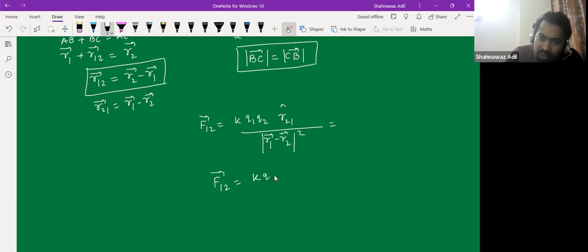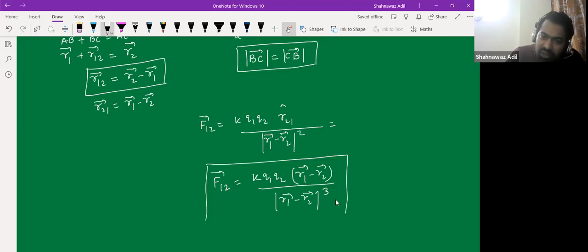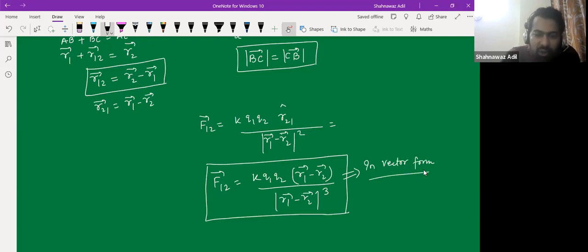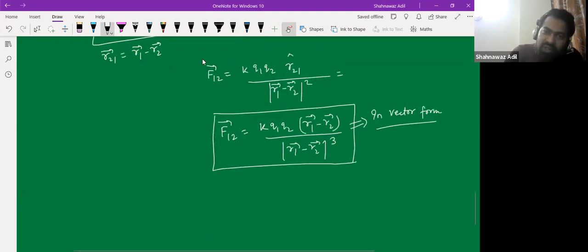This is Q1, Q2, R1 minus R2, and this would be R1 minus R2 whole cube. So if I write it in vector form, this would be Q. This is the answer, in vector form, right? So if we are given two coordinates, then how do we calculate the